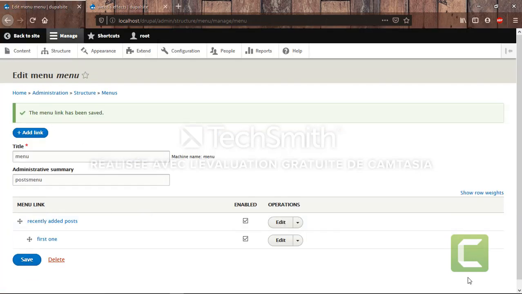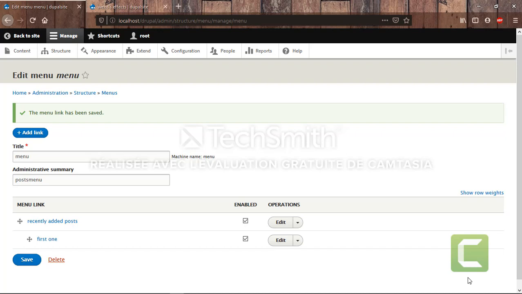So as you can see, we have the recently added post, which is the parent link, and the first one, which is the child link underneath the parent link, because recently added post contains a child link, which is first one.